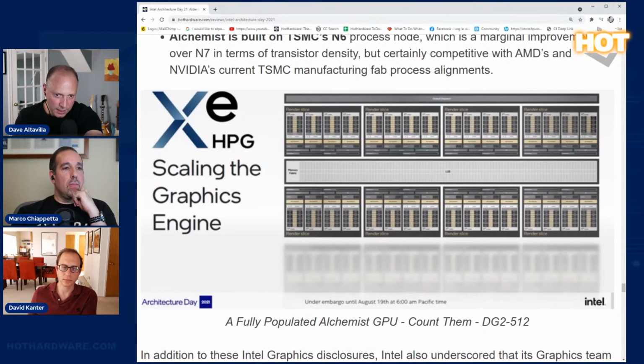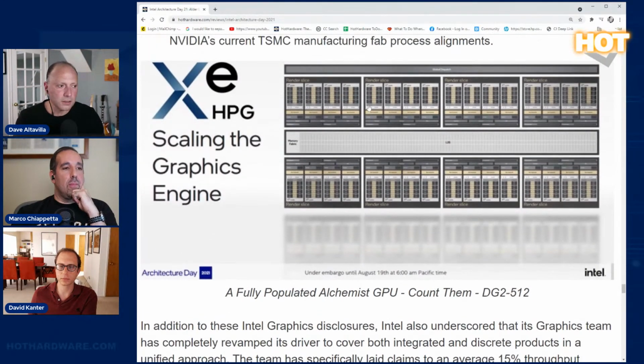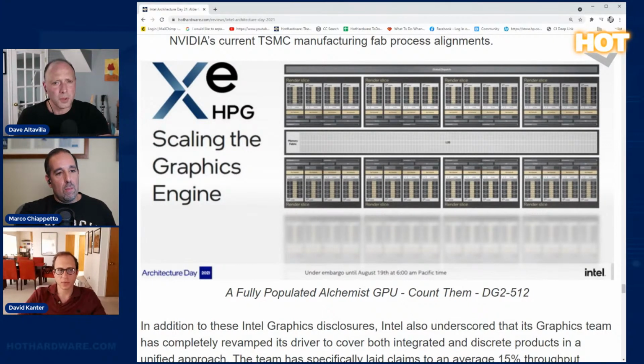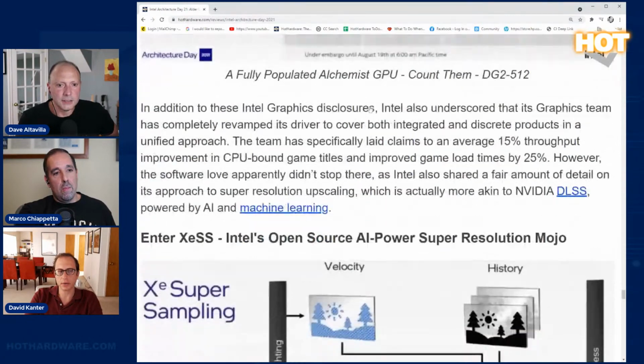And if we did a full 512 Alchemist implementation, you're talking about 32 RT cores. So compare that to an RTX 3070 at 46 RT cores. I did this math last night. Or a 3060 at 28. You're somewhere in the middle between a 3060 and a 3070 in terms of RT core complement. RT cores may not be created equal, of course, but that's what it's plumbed with. Yeah. No, I think that's right. Yep.